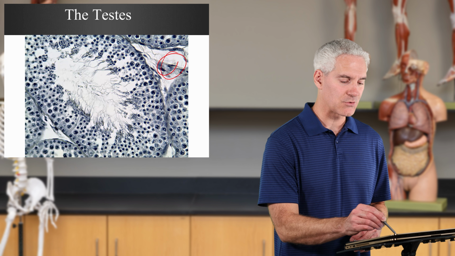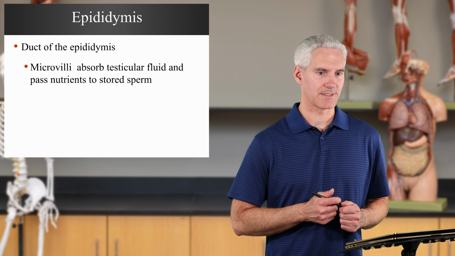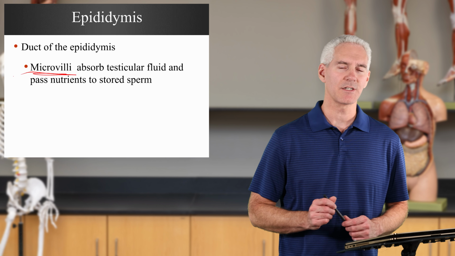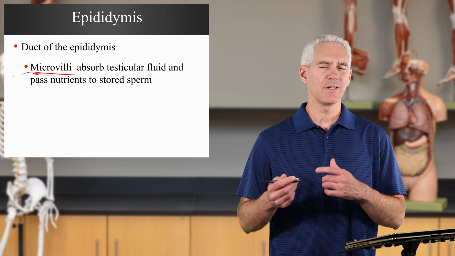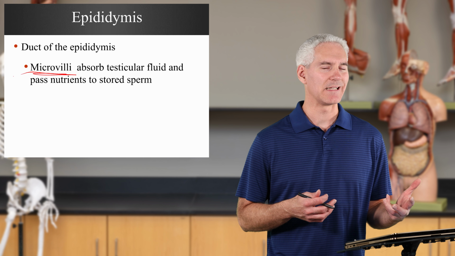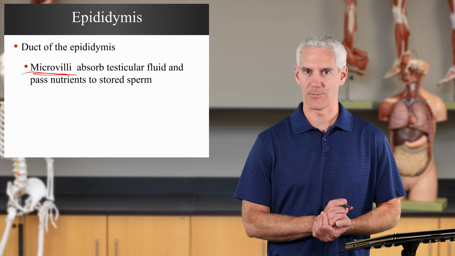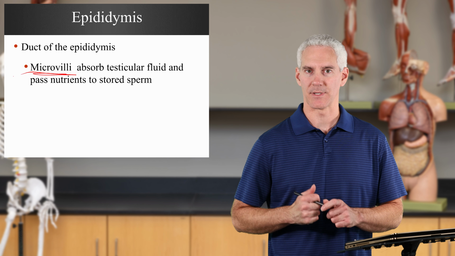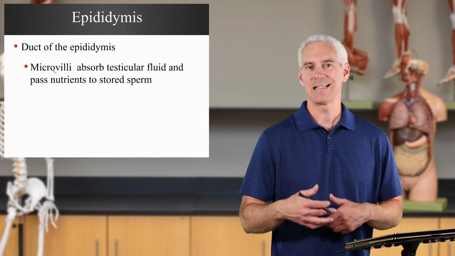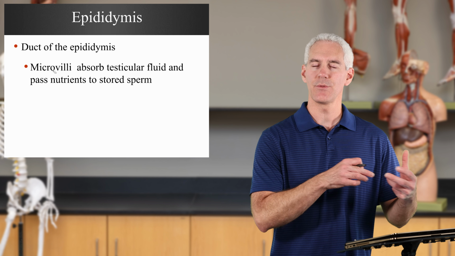All right, epididymis. We've already mentioned the epididymis has the head, it has the body, it has the tail. It's what collects the sperm from the testes. But what's interesting is, in those ducts, they're filled with microvilli. The microvilli are absorbing the testicular fluid. Because to allow these sperm to move, they're in a fluid. But that testicular fluid needs to be absorbed because it's not needed anymore. It's already done its job, it's done its purpose. So therefore, it absorbs all this testicular fluid, and these microvilli can give nutrients to the sperm to keep them